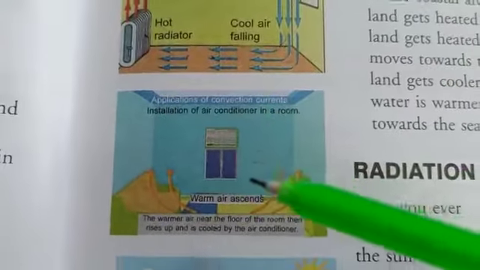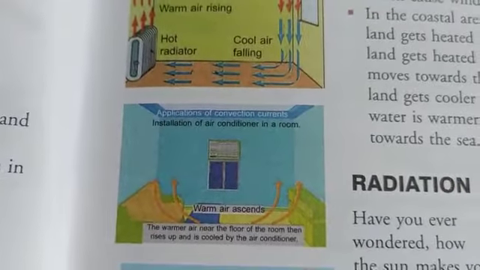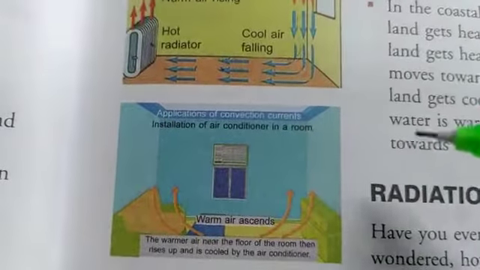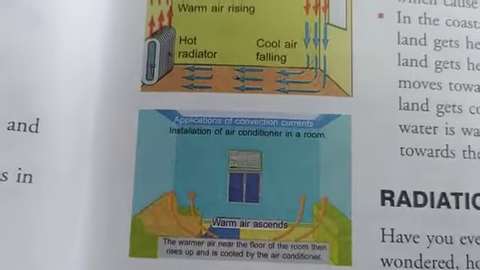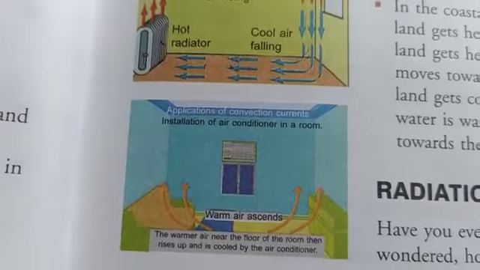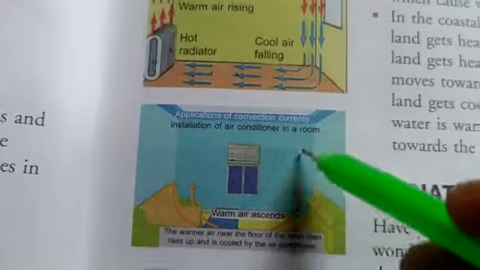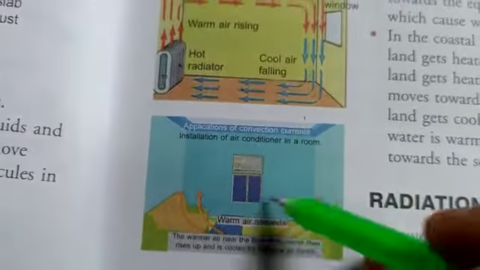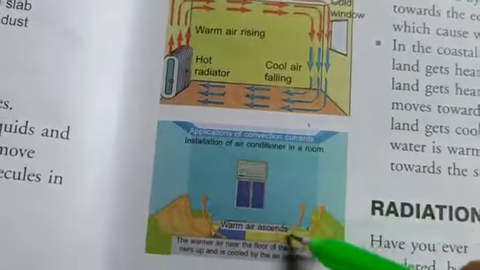Now next, if we consider, AC also works in the same way. AC also works on the principle of convection. So AC should be placed high up on the wall. This is because the air on the top cools down, and after cooling it moves down, and warm air again rises up. The warm air which is down here rises up, is cooled down here and then comes down.